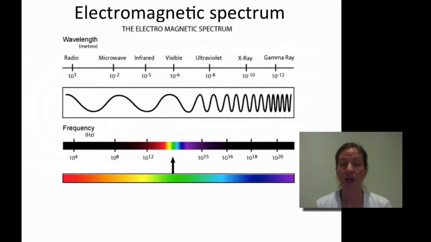So as I strike electrons with energy and they jump up and fall back down, they give off energy. And if they give off energy that corresponds to a wavelength of 10 to the -6 or a frequency that corresponds to visible light, you'll see it with the naked eye. Electrons do jump and fall and emit energies that don't correspond to visible light. So we have some electrons giving off infrared, we have some electrons giving off ultraviolet. It just depends on what the spacing is and what the energy level difference is as they